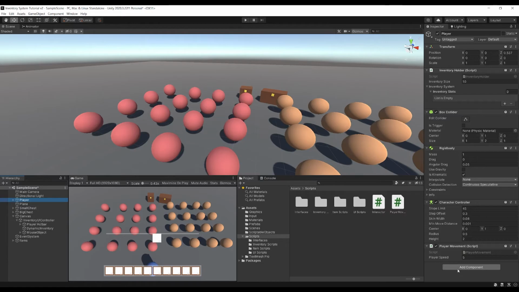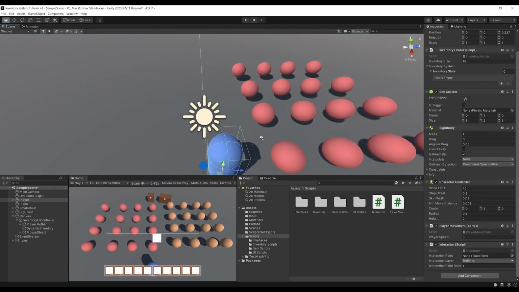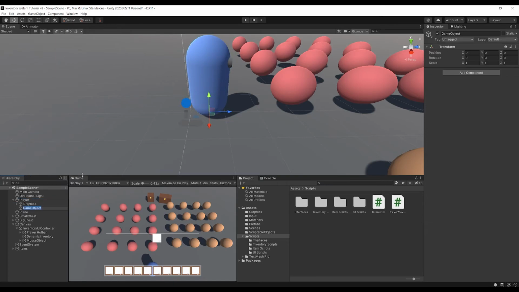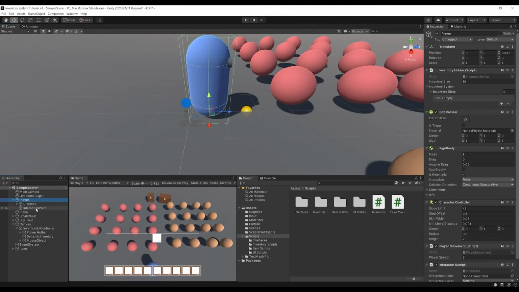So we've got our player movement script on our player. Let's just add our interactor script, and we need an interaction point. So under our player, let's make an empty, and that's 0, 0. Let's just call that InteractionPoint. Let's move it forward, and I'm actually just going to give it a little gizmo so we can see it in the scene,